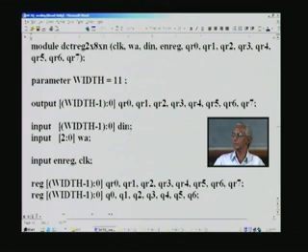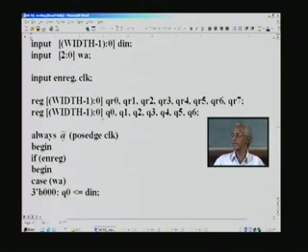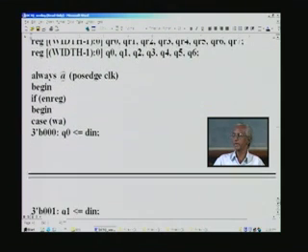Similarly, data in also must have the same width, that is why this is put here. Then 0, 1, 2, 3 are basically addresses for the register to point to the respective register, and that is done by this signal, which must necessarily be 3 bits in order to have a total of 0 through 7. And once again we have the declaration of reg and the width once again given, and all these registers we use in always at positive edge clock, and this is the clock that we are referring to right now.